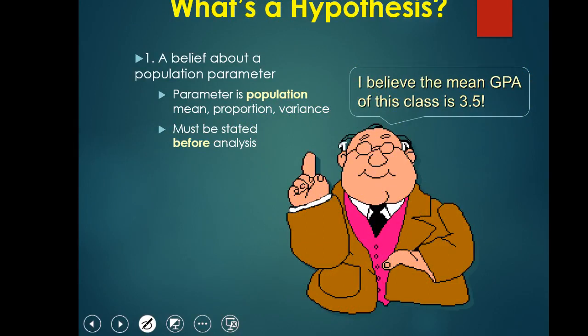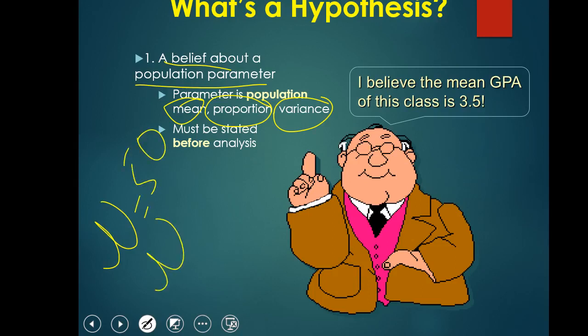Now what is a hypothesis? It is a belief. It is a claim about a population parameter. Here the population parameter of interest is the mean, and that might also be a proportion, for example, the proportion of male and female in a certain population, or the variance value in a population. Whatever analysis we do as a researcher, if we accept or reject our claim, we need to define that. We provide one statement: whether this population mean is equal to 50 or